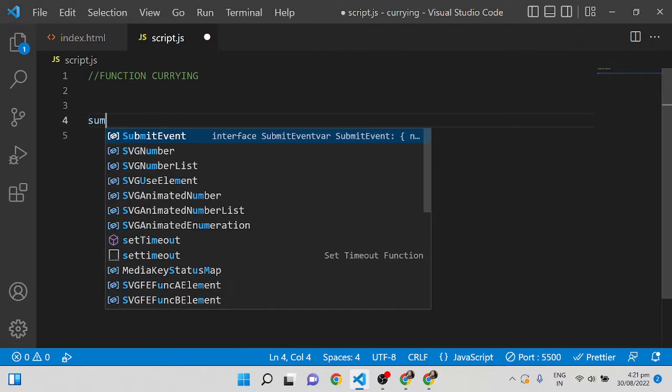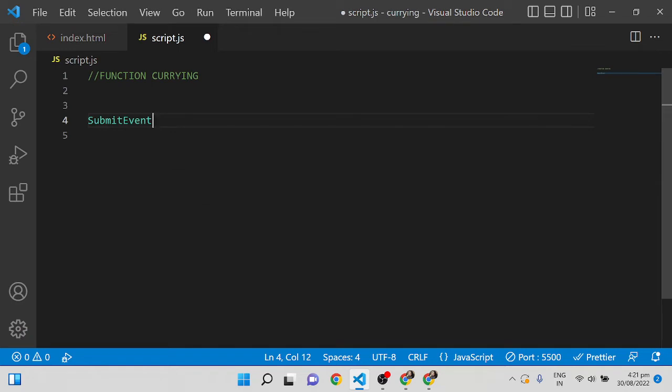For example, just assume we have a function sum of a, b, c. What currying does is, if a function accepts multiple parameters, it converts this into a function which accepts only a single parameter. Which means first it will accept one parameter, then the next parameter, then the third. So here, the first function takes one argument at a time, and it returns a new function